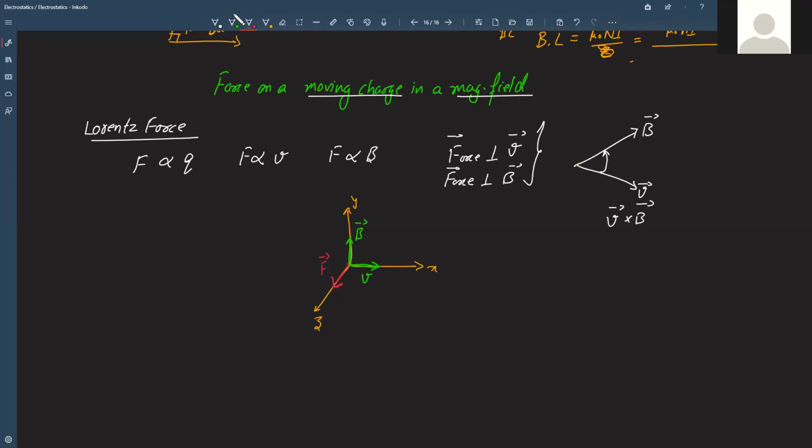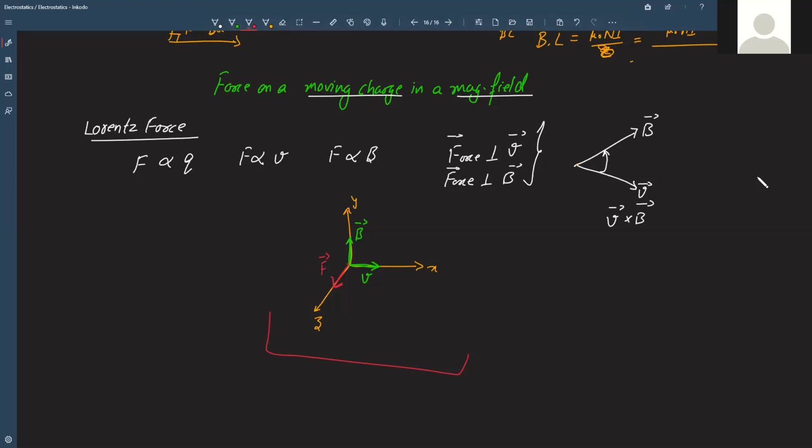For a few days, you do that so that you remember that that particular finger always points in the direction of magnetic field. And now you try to do that. You will see that in this particular diagram, if you apply that, you will see that your first finger of your left hand is actually going upwards.